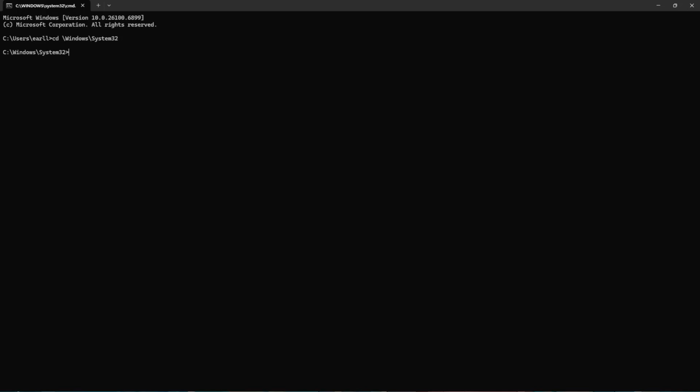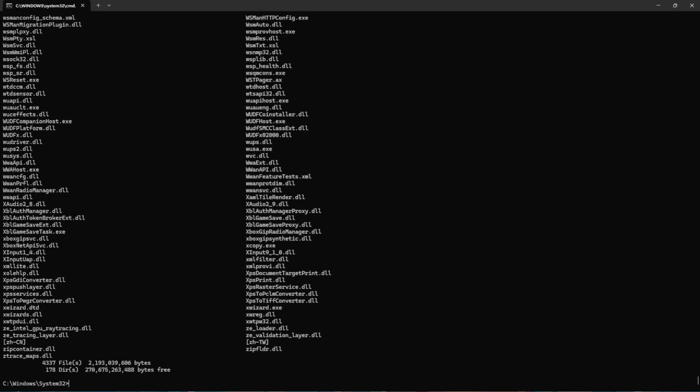Within this folder, you have access to a multitude of system files and executables. This is where you can run various commands and access tools like the Task Manager or Control Panel, among other system utilities. Keep in mind that while it's exciting to have access to these powerful tools, it's crucial to only execute commands you're sure about to prevent any unintended system changes.